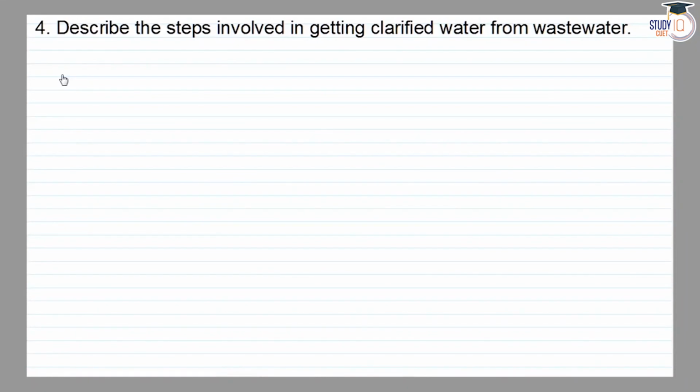Class 7 NCERT Chapter D Question 4: Describe the steps involved in getting clarified water from wastewater. The answer: